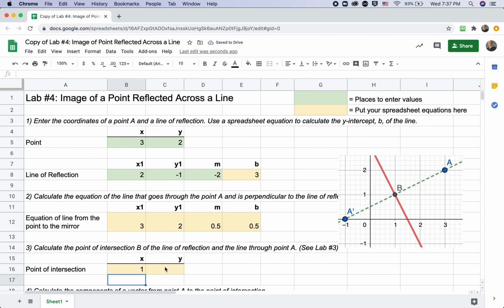And the point of intersection looks like it's at 1, which is good. Now we have an x value, we plug in the x. So let's plug it into the red line. M times x plus b, mx plus b. So there we go, we plugged that in. We plugged m times x plus b, and then hit enter. And so we have our point of intersection. And the next step